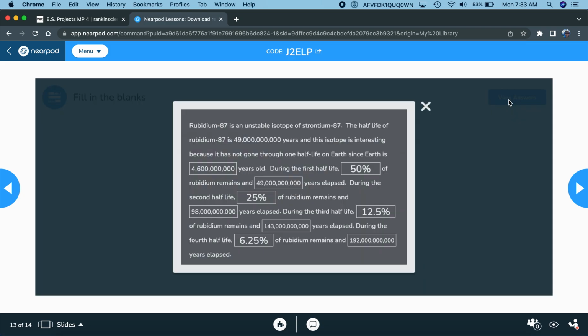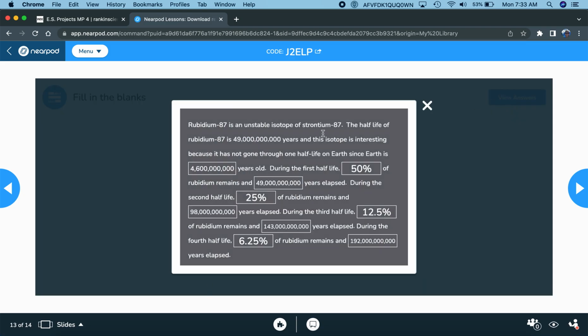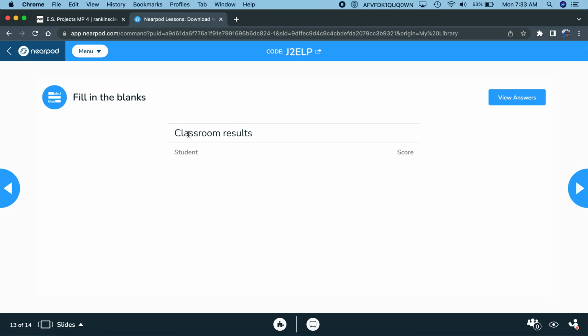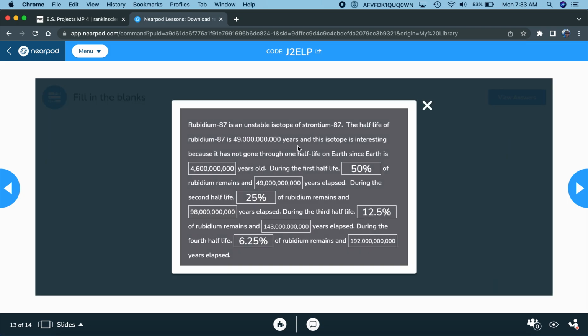All right, so fill in the blanks. So you had a few blanks in here. Let's go over this together. Rubidium-87 is an unstable isotope of strontium-87. The half-life of rubidium-87 is 49 billion years, and this isotope is interesting because it has not gone through one